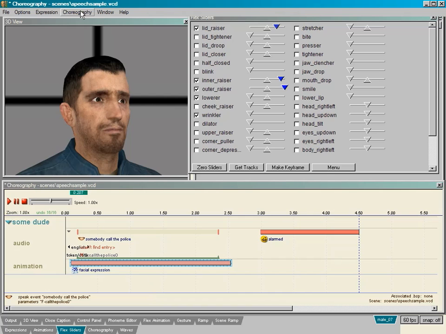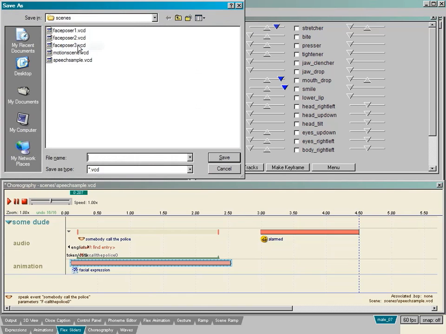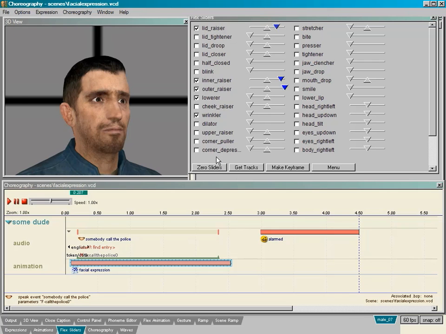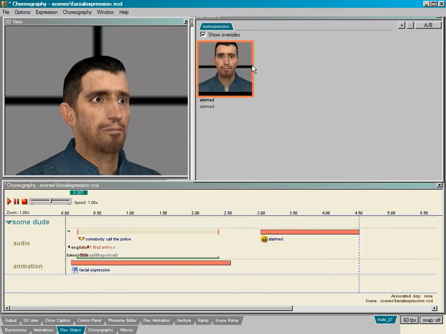I'm going to Choreography, Save As, and I'll call this Facial Expression. Save. And actually, I forgot a step. I'm not sure what the best order to do this in is, but if you want to increase your odds of this working, go to your Expression tab, right-click on it, click on Export to VFE, then right-click again, then